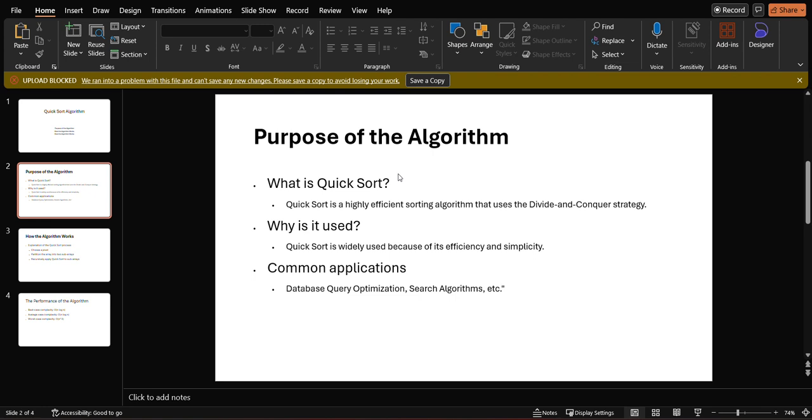The purpose of the algorithm: what is quicksort, why is it used, and the common applications. Quicksort is a highly efficient sorting algorithm that uses a divide and conquer strategy. It was developed by Tony Hoare in 1960. It's used to sort elements of an array or a list based on the divide and conquer